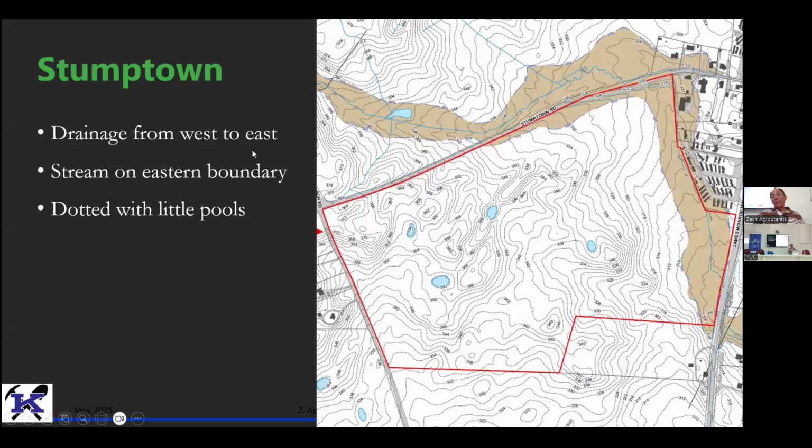You need to look at drainage. Does the area drain east to west, north to south? Where does water go? This particular area also had a stream right here. See the stream. But also on this side, and you see the stream has 2 colors. You have the blue line, which is the center of the stream, and you have the brown area, which is